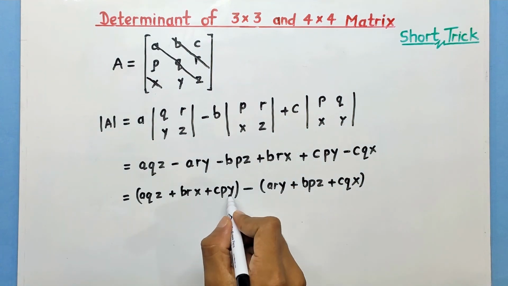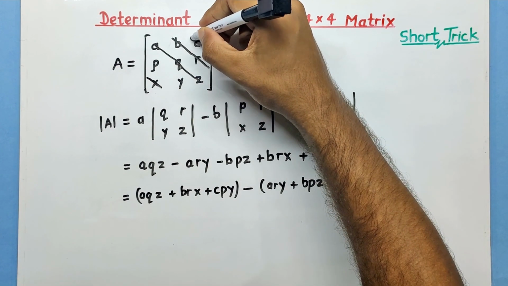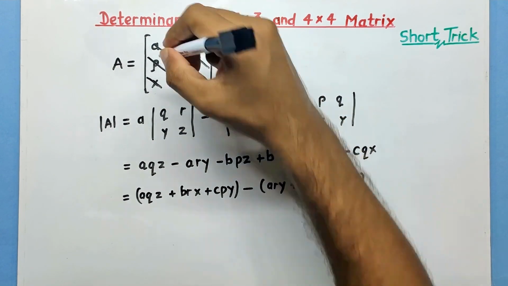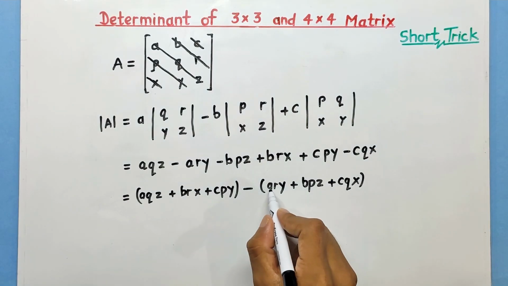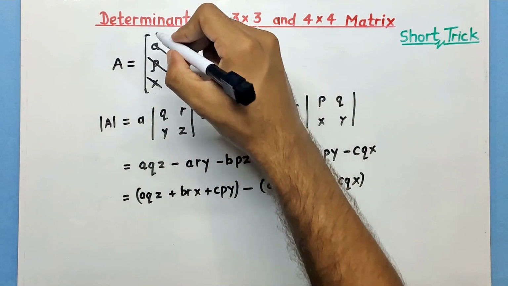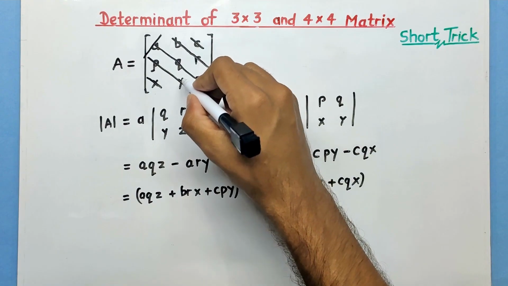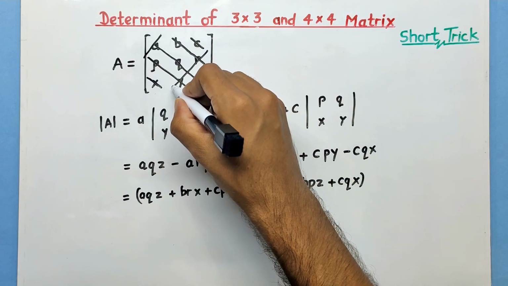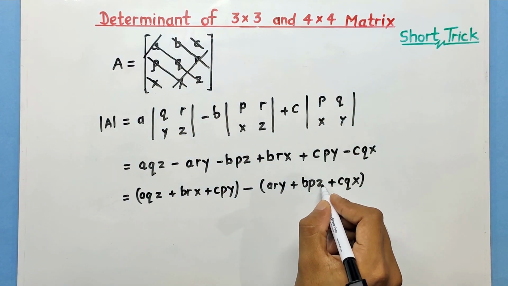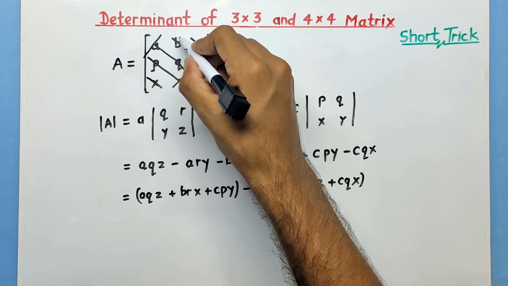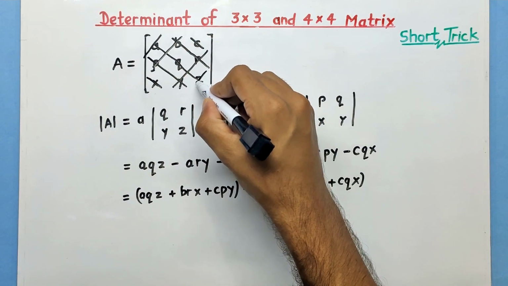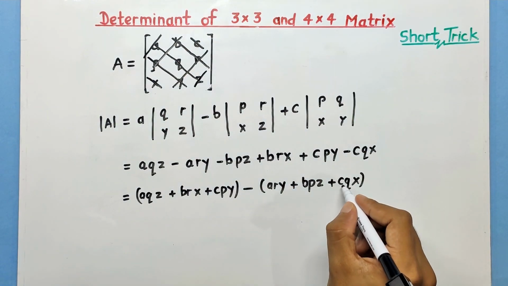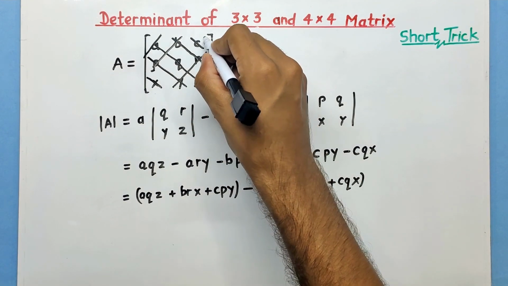The multiplication c p y is this multiplication, minus a r y, that is a times r and y, b p z, that is this multiplication b p and then z,